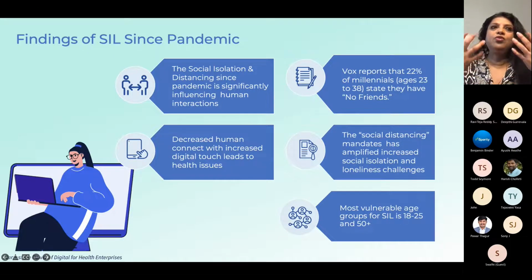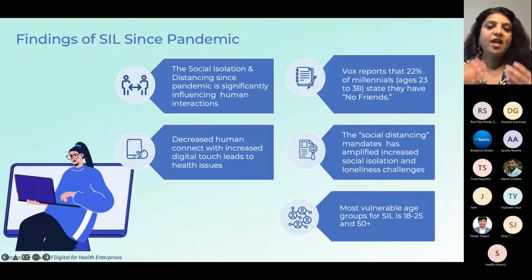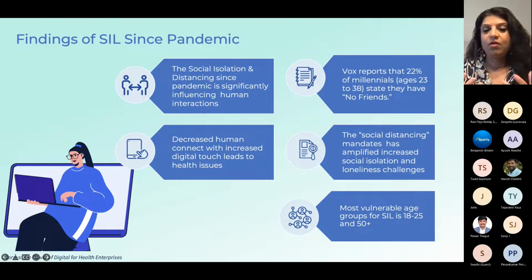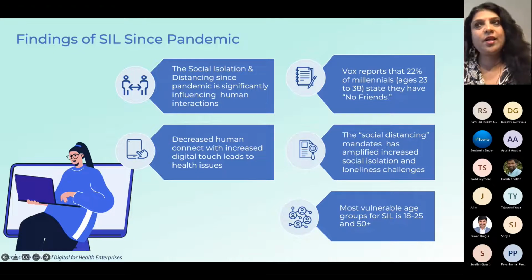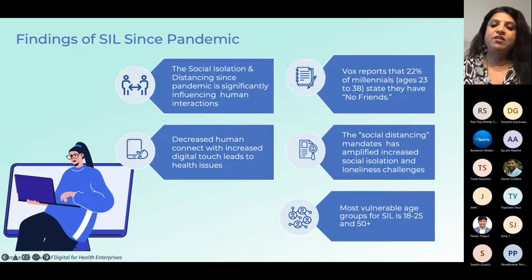So overall, to be able to see you in person, to be able to understand and recognize if you have any depression, if you're having any sense of maybe fear, maybe you're not taking good care of yourself, maybe your self-hygiene is kind of poor. All of those are not very visible over virtual. So that's the important piece to notice. So when we went into virtual care, we lost that human touch that also aggravated this isolation and loneliness problem, leading to other health issues.